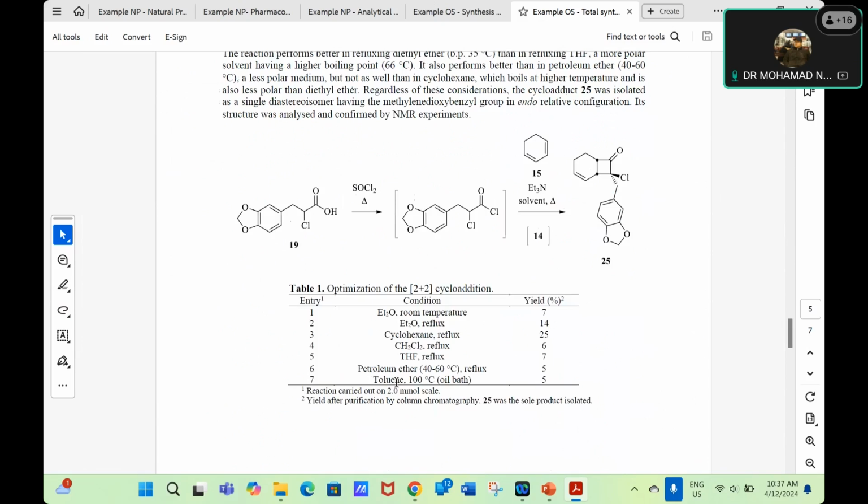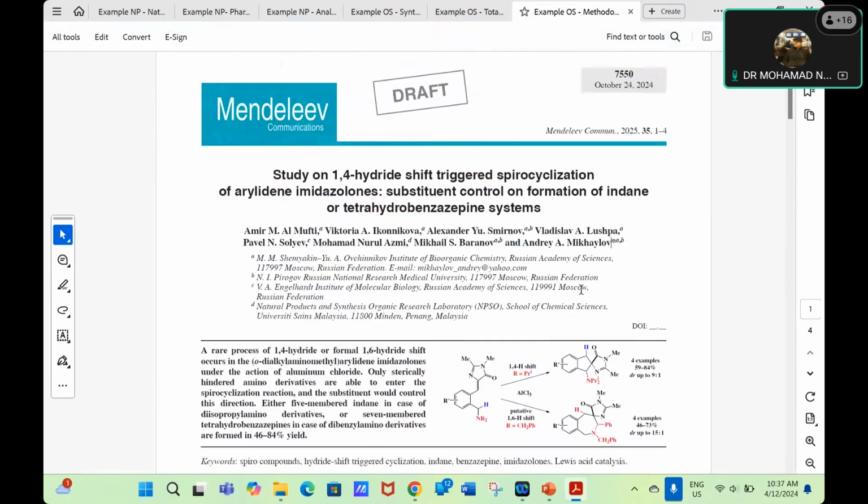And the last example is methodology. So this is the paper we will actually publish next year, my work together with my colleague Andre from Russia. If you see clearly, the style of how they write in a methodology paper is very different.